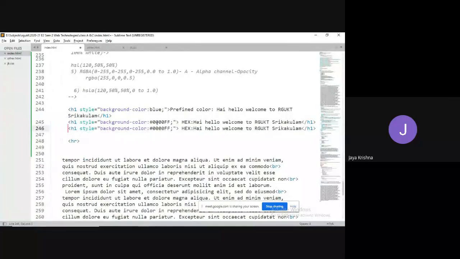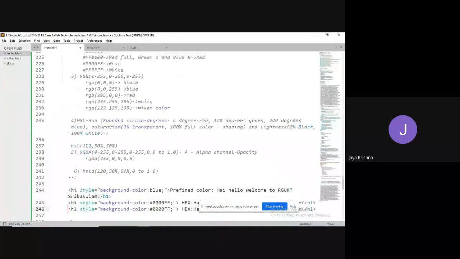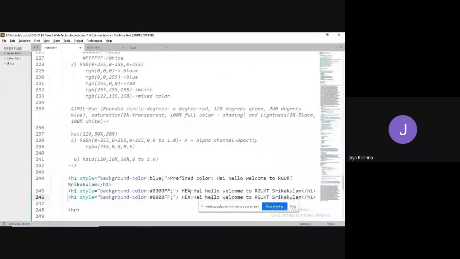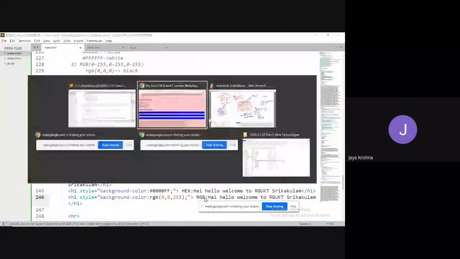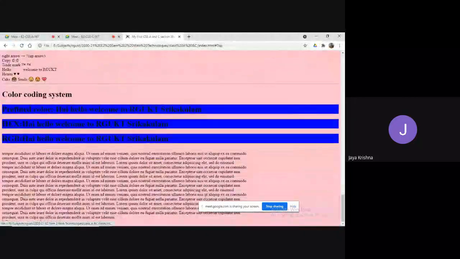Next, another way to apply colors is the third one, RGB of. I can define it with a function, RGB of 0, 0, and full blue color 255. This is with RGB. Okay.